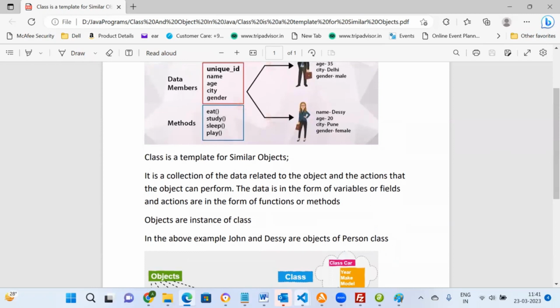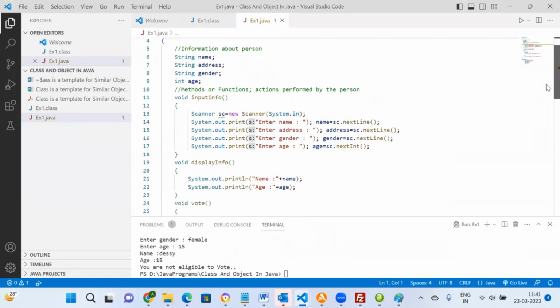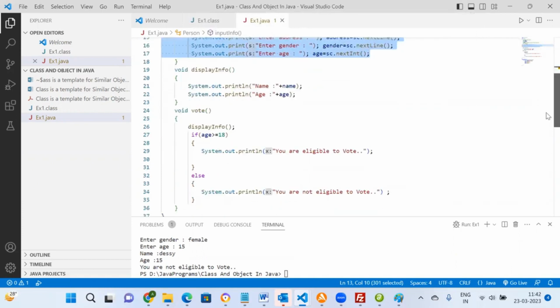और इसी चीज को हम लोग प्रोग्राम में अगर देखना चाहते हैं तो दिस इज द प्रोग्राम, क्लास पर्सन। अब इस क्लास पर्सन के अंदर हमारे पास नेम, एड्रेस, जेंडर, एज है और यहाँ पर हम लोगों के पास एक एक्शन क्या हो रहा है कि हम लोग उसका इंफॉर्मेशन इनपुट ले रहे हैं, डेटा गैदर कर रहे हैं। एक हो रहा है कि हम लोग उसको डिस्प्ले करा रहे हैं और एक हमारे पास वोट करने के लिए फैसिलिटी है कि उसका एज चेक कर रहे हैं कि क्या वो वोट कर सकता है कि नहीं कर सकता है।